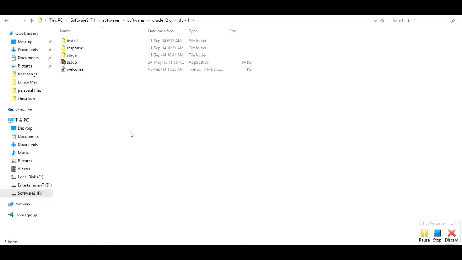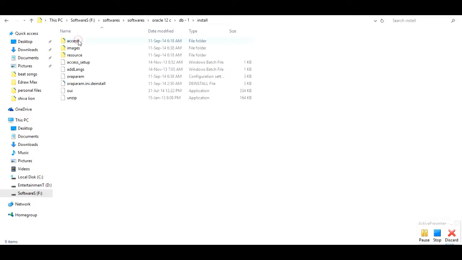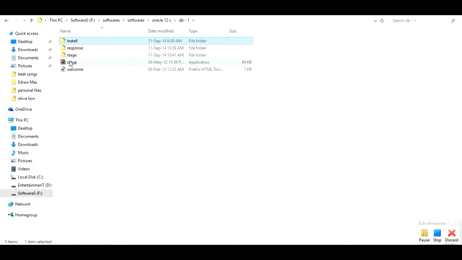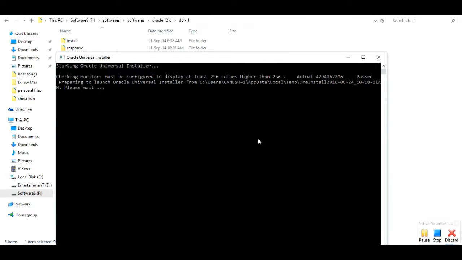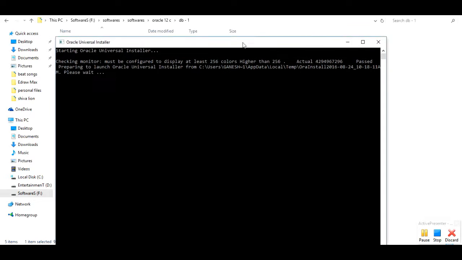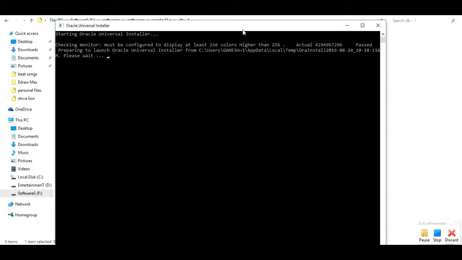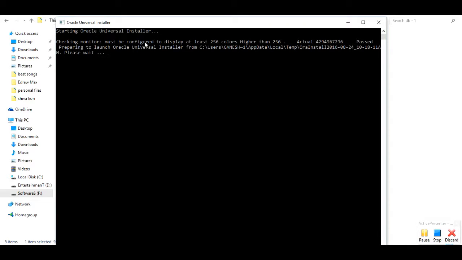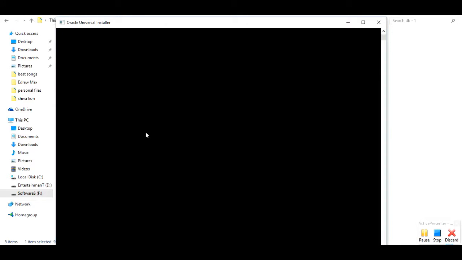Now we can open database 1. In this folder you find setup, and also different folders. Now I'm going to run the setup. Just double click on it. First you find the Oracle Universal Installer, checking that the monitor is configured to display at least 256 colors.